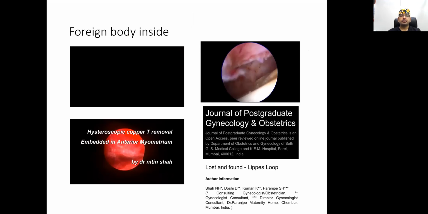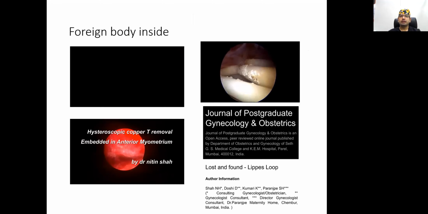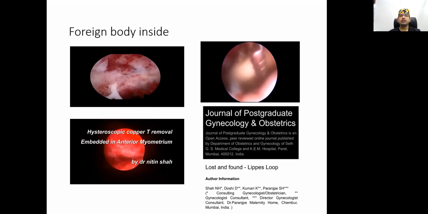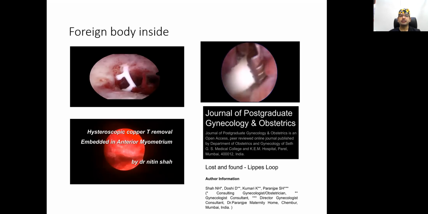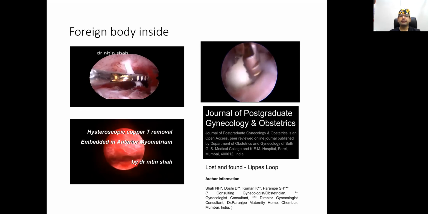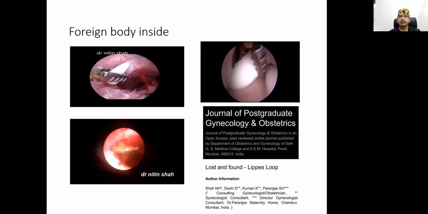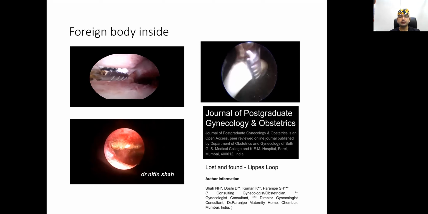Coming to foreign body removal, this we have seen only in the family planning department museum, and we could actually remove one case which had a Lippes loop left inside. She is a 78-year-old female with a forgotten Lippes loop. So with the help of the grasper, we can remove this. Another video is of a broken embedded Multiload, and this shows the use of a combination of the grasper and scissor. So with all these techniques, we can manage most of our cases with the help of the grasper and a scissor rather than using any electric source.